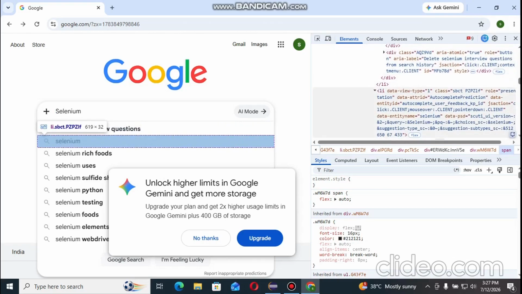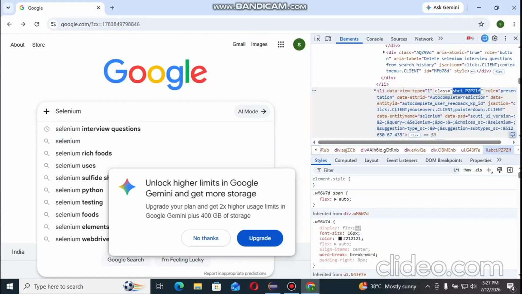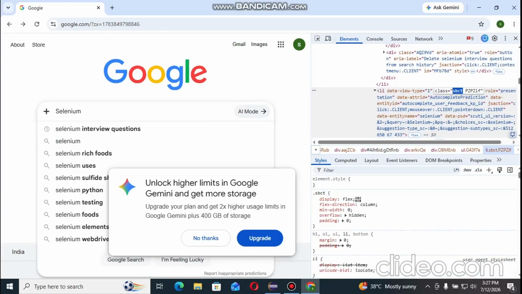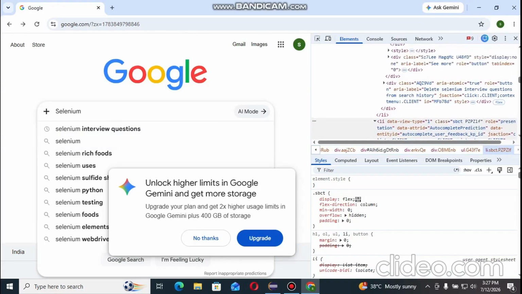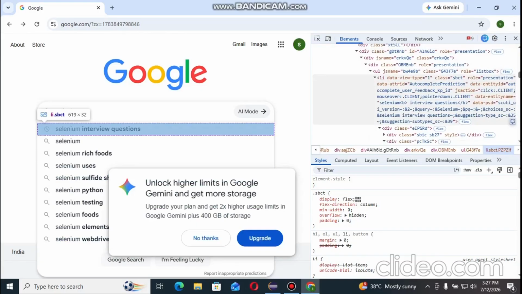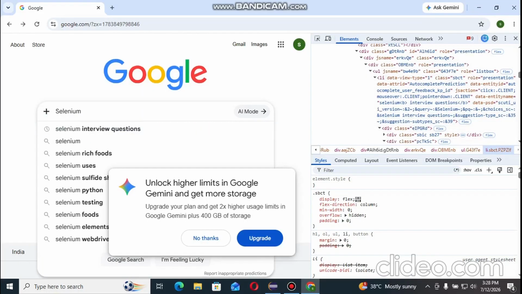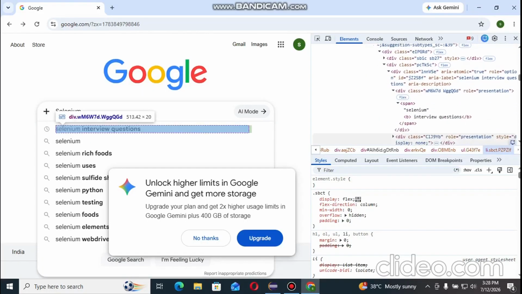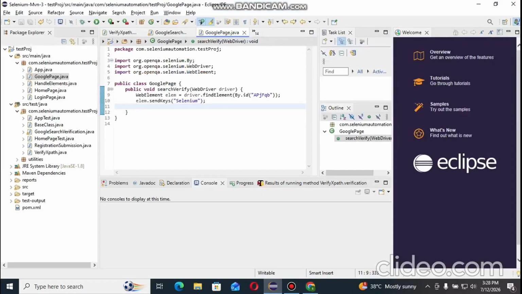It is having some common class SBCT, as we see. Here also SBCT is there. So we can use contains class SBCT. From the list we can fetch list plus span and fetch the text. Okay, in such a way we can create a locator,